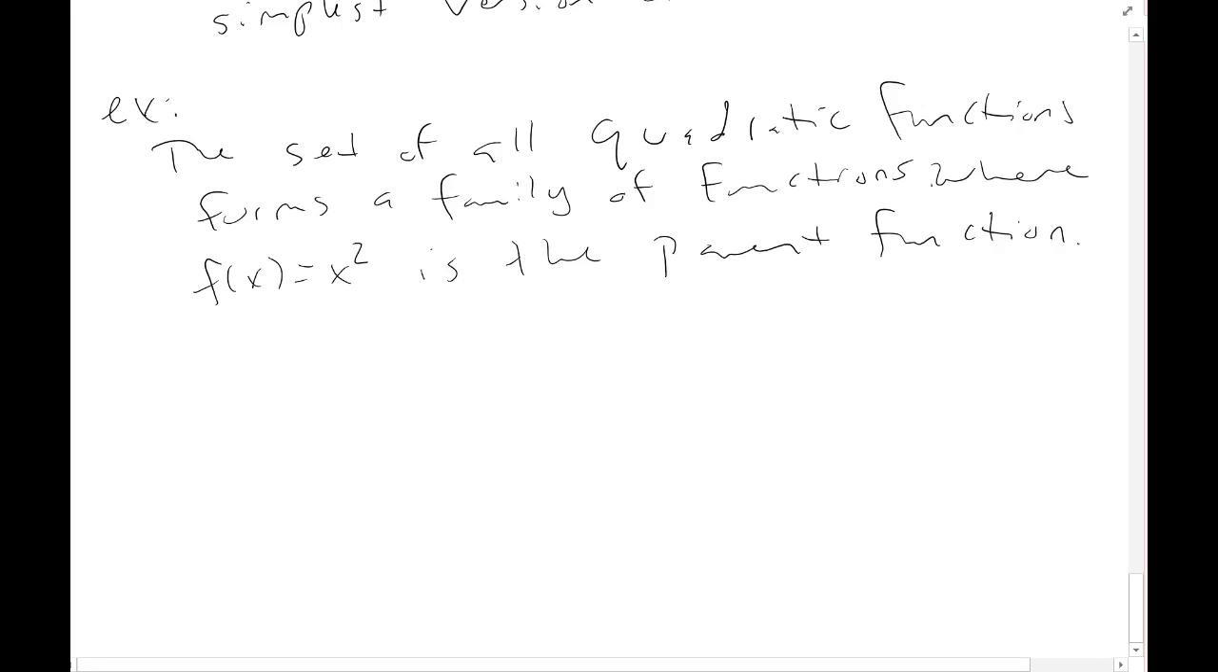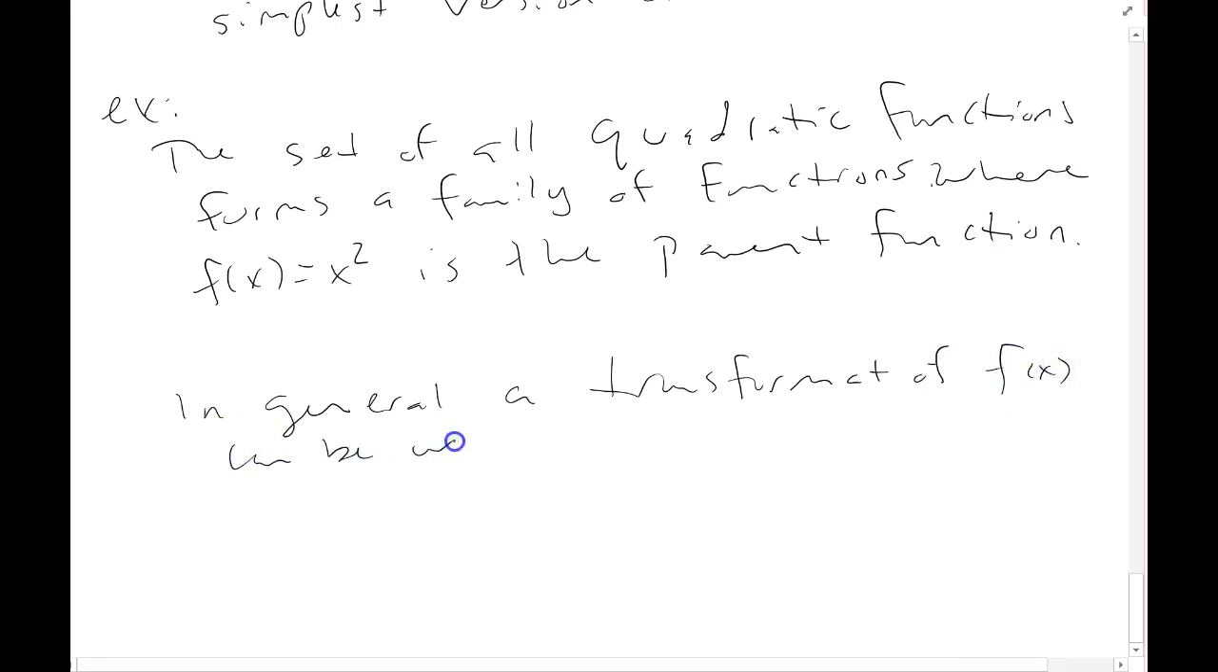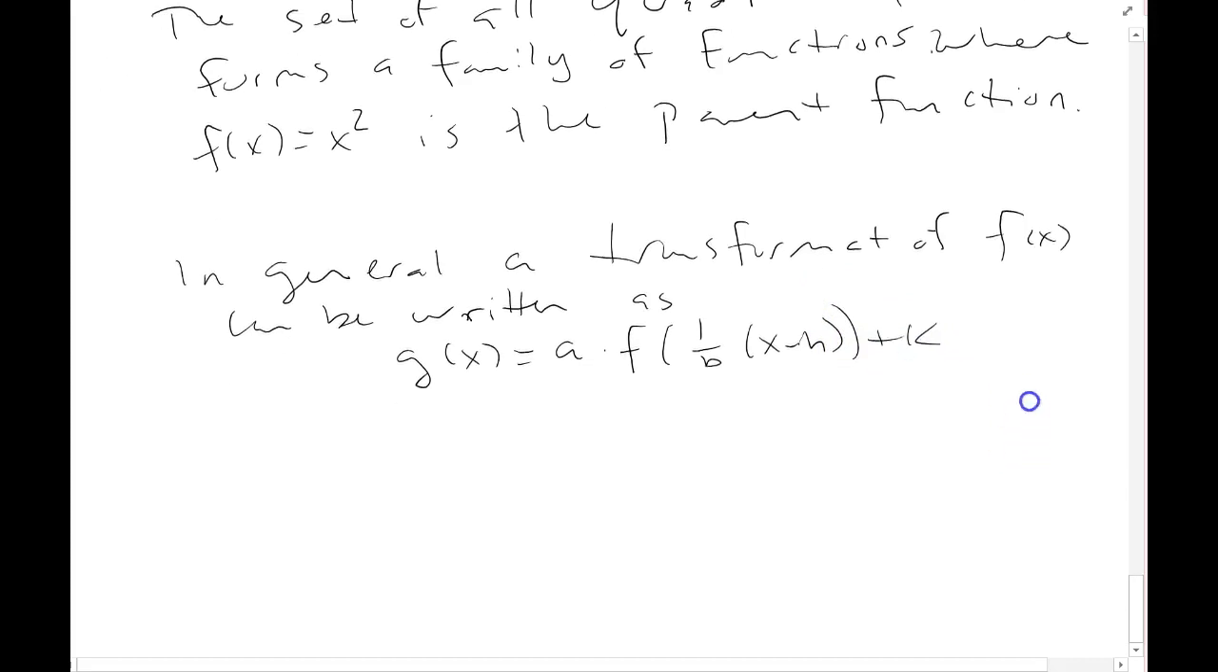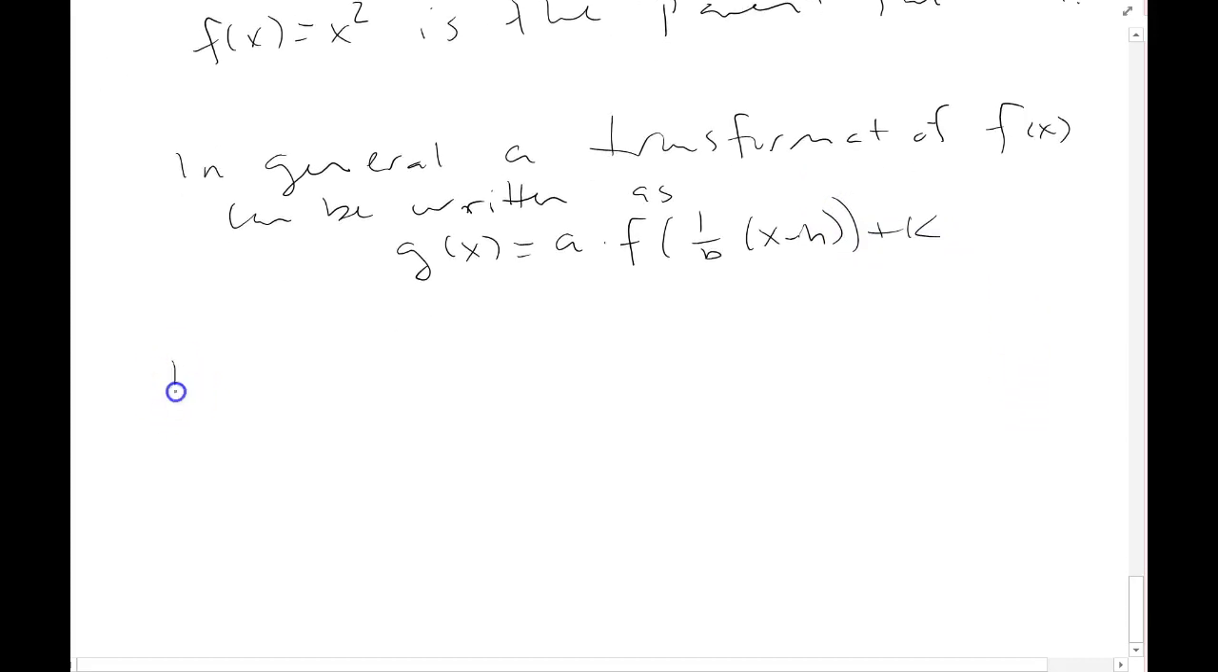So what I'm going to do now is make a claim. We said that in general, a transformation of f of x can be written as g of x equals a times f of 1 over b x minus h plus k. And that's nice, right? It turns out for quadratic functions,